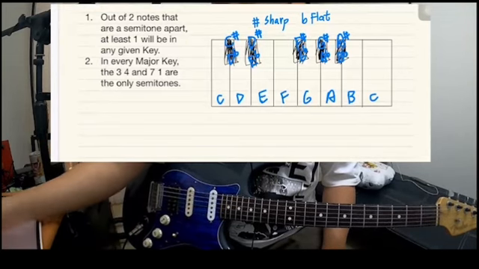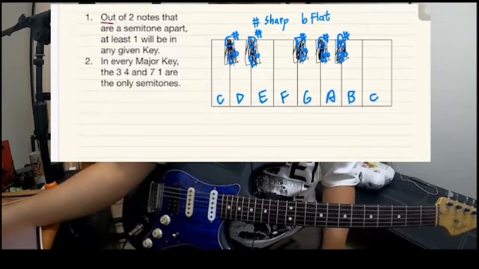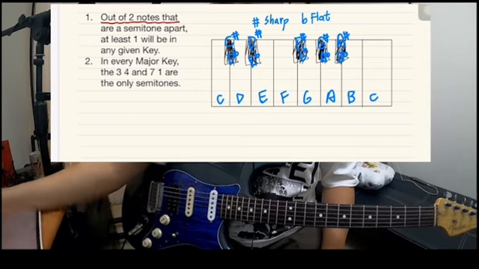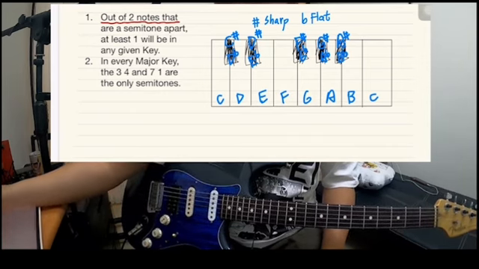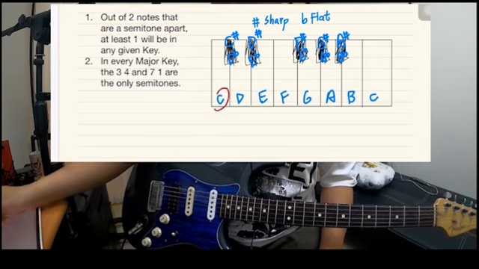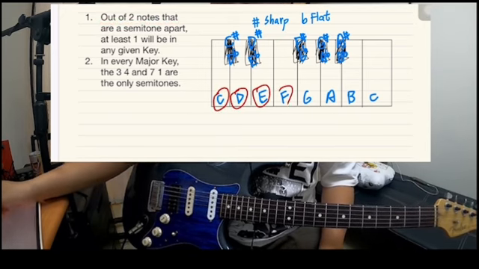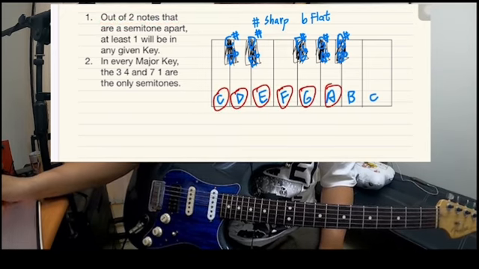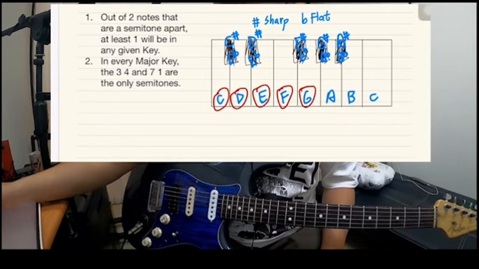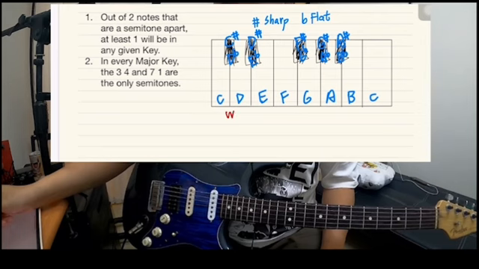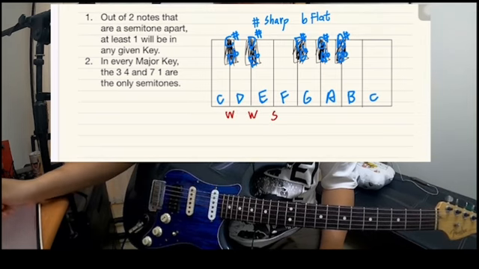The first one over here: out of two notes that are a semitone apart, at least one will be in any given key. So what does this mean? Let's take the key of C major, for example. The key of C major contains all the white notes on the piano, and they are a whole tone, semitone, whole tone,